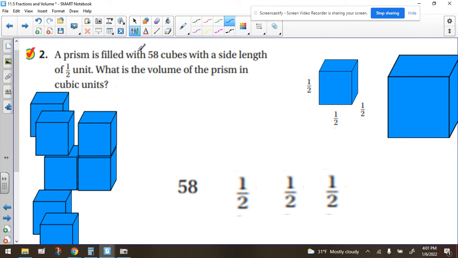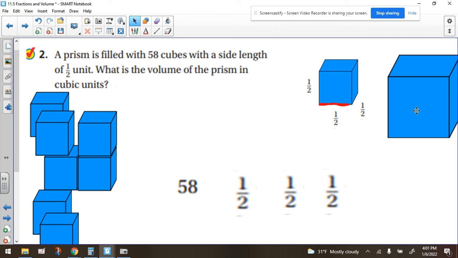A prism is filled with 58 cubes with a side length of a half a unit. So let's make sure we understand what that means. That means that the line right there that I'm tracing here is a half a unit, which means that you would need 2 of those to make up the full unit. So if we have 58 of these smaller cubes